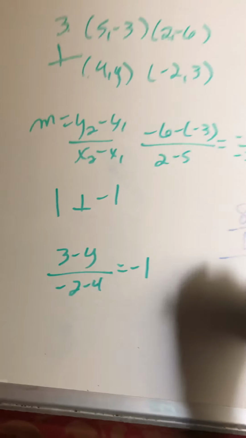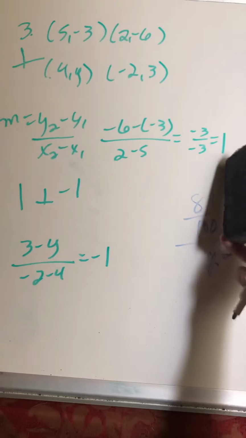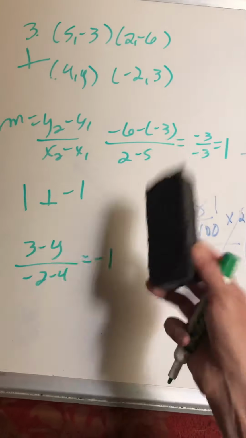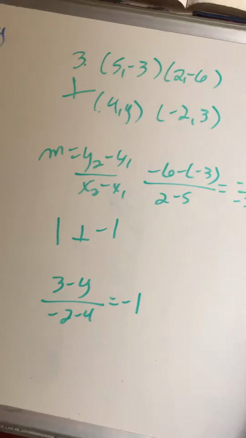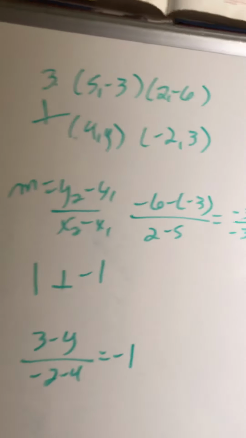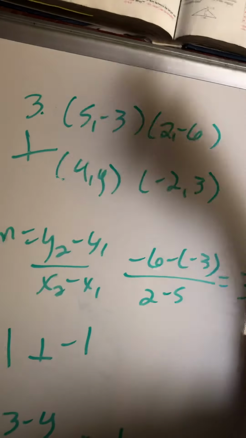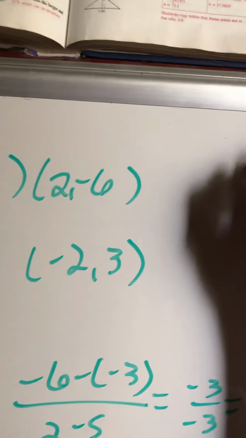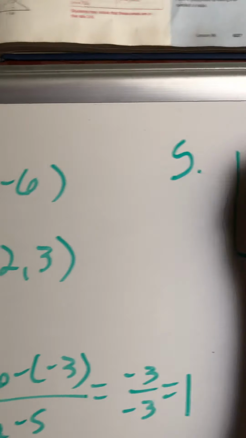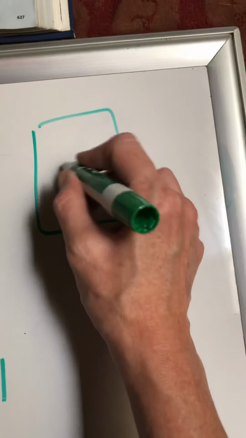But I did want to show that to you because, one, I want you to realize that 1 and negative 1 are perpendicular slopes, and then just to see how a problem like this works. Then on number 4, that's last lesson's, from 95. Number 5, if you've got the perimeter of a square, so here's my square, the perimeter is